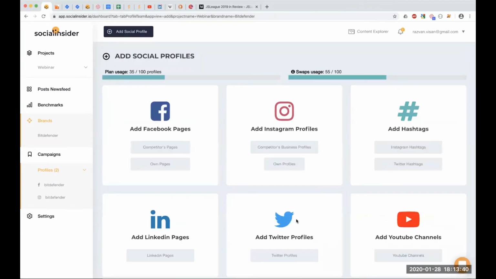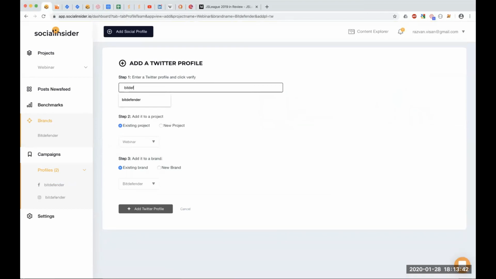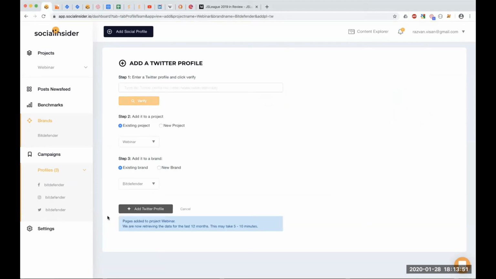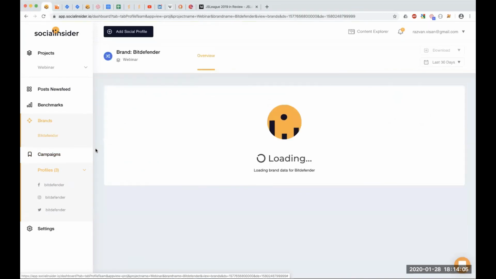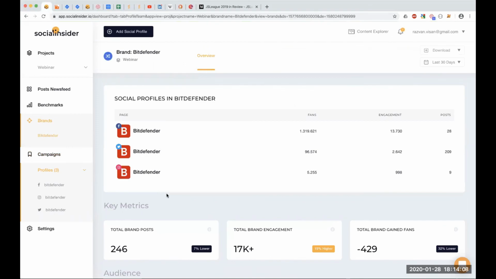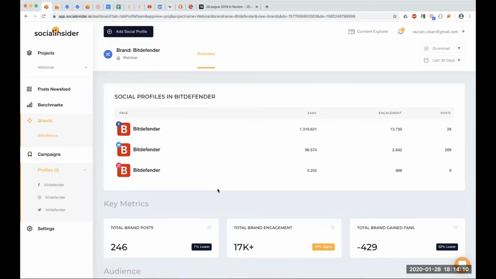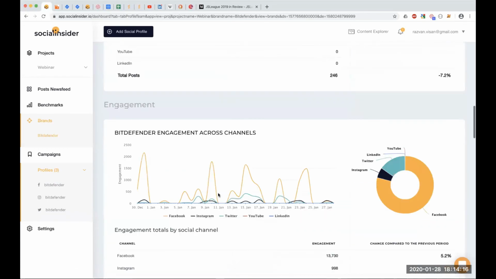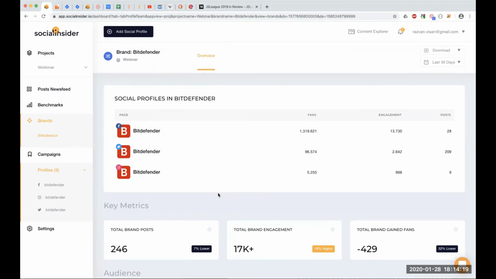Let's also add the Twitter. This is a shorthand for adding the profile, because I already know the username. So added it. Again, usually if we don't have the data, it's going to take 5 to 10 minutes, depending on the platform and on the system load, to load that. Again, we load the brand analytics section again, and here it is. All 3 profiles are here, and with all the sections. So this was